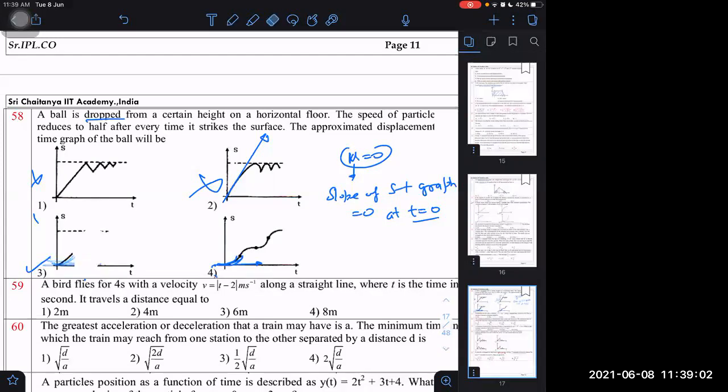Why only 3? Why not the fourth? That we can decide again. In the fourth graph, notice what is happening. It is an upward parabola, then a downward parabola, then an upward parabola, then onward. It appears they are changing the direction of acceleration from one part of the motion to the other. When the ball collides with the ground, at that time acceleration is in one direction, and when it starts going up, at that time also acceleration is in the same direction. So acceleration will always be in the same direction. Therefore, the graph will always be the same kind of parabola, either upward or downward, but it cannot become upward, then downward, then upward, then downward. That will be wrong.